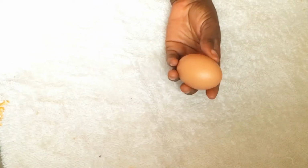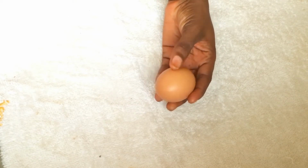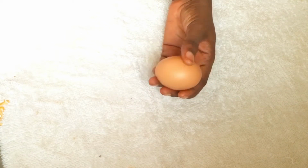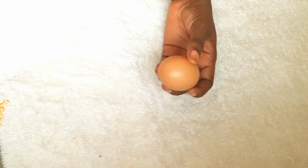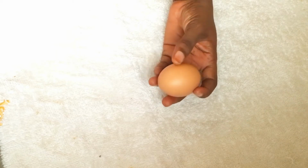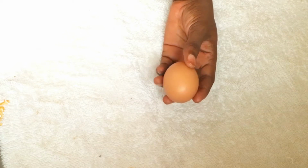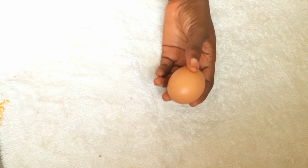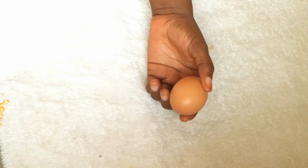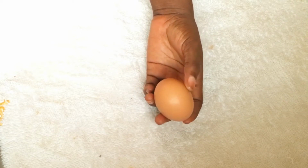The next ingredient I'm going to be adding to my formulation is the egg white. So I'll be separating the egg white from the yolk. Egg whites have a lot of benefits when it comes to the skin. First, it protects your skin from sunburn and blisters, and also helps in reducing greasiness from your skin. Also, there's an enzyme in the egg whites which helps to kill acne causing bacteria, which is called